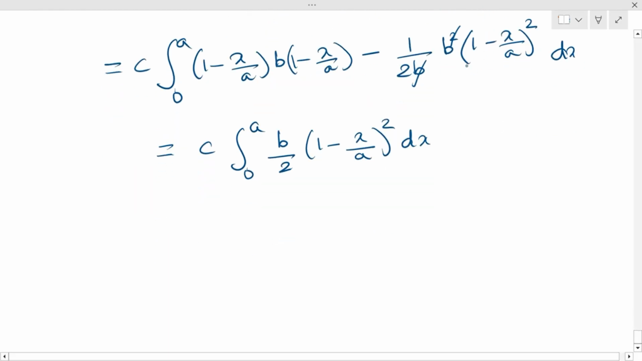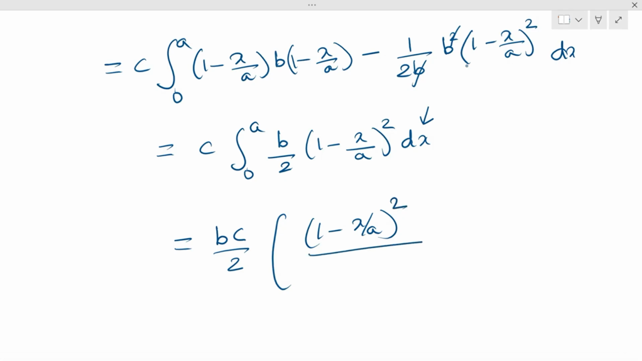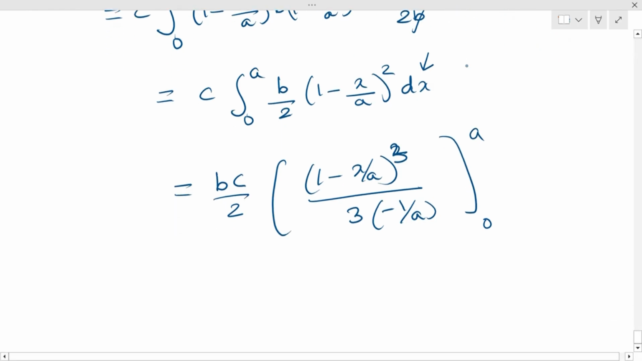So now we have to do the outer integration with respect to the variable x. So taking constant outside, the integration of 1 minus x by a whole square is 1 minus x by a whole cube by 3 into minus 1 by a, 0 to a. So what you will get? Minus